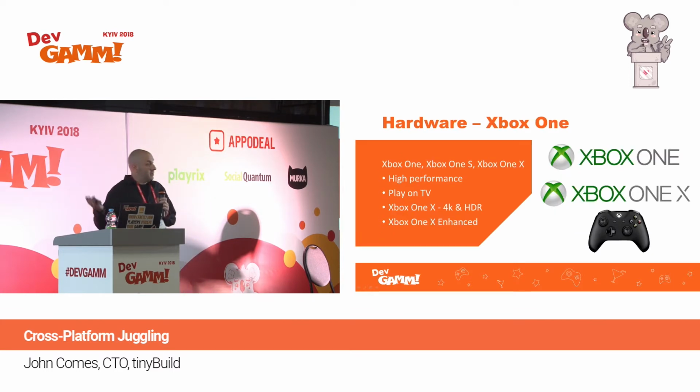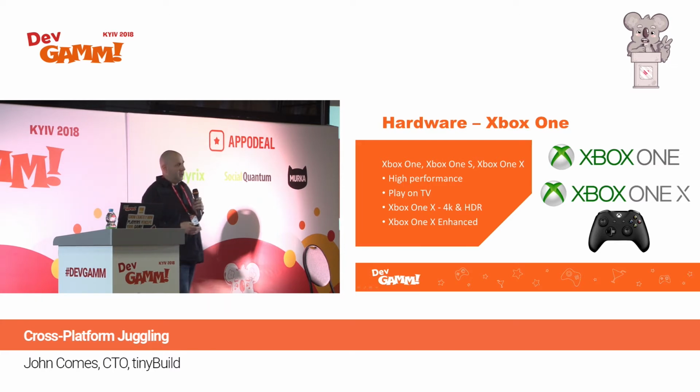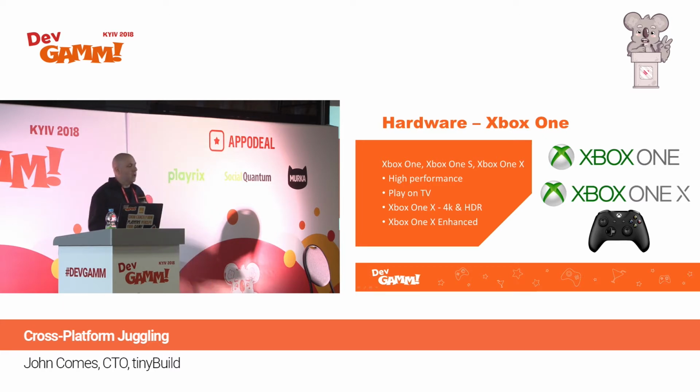Next thing is the Xbox. So the Xbox One. You have the Xbox One, you have the Xbox One S, and then you have the Xbox One X, which is a lot of X's. Again, just like the PS4, high performance. You play it on the TV, same way. Xbox One X has 4K and HDR, and a few other things they termed enhanced. Xbox tends to be one of the easier ones to port to when you're talking about technical controls, because the Xbox is basically like a Windows PC for the most part. And the controller is one you usually can buy at a store to use with a PC game.